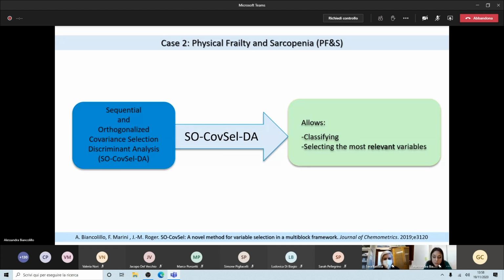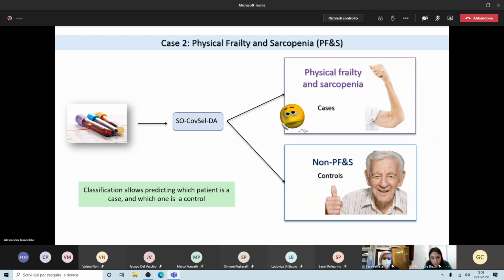Once again, this means that the model will tell us which analytes in the serum are characteristic of the sarcopenic condition. So these will be the novel biomarkers we can use. As I said, we collected data, we applied the SEO-COPS-LDA, and then we classified participants in cases and controls.